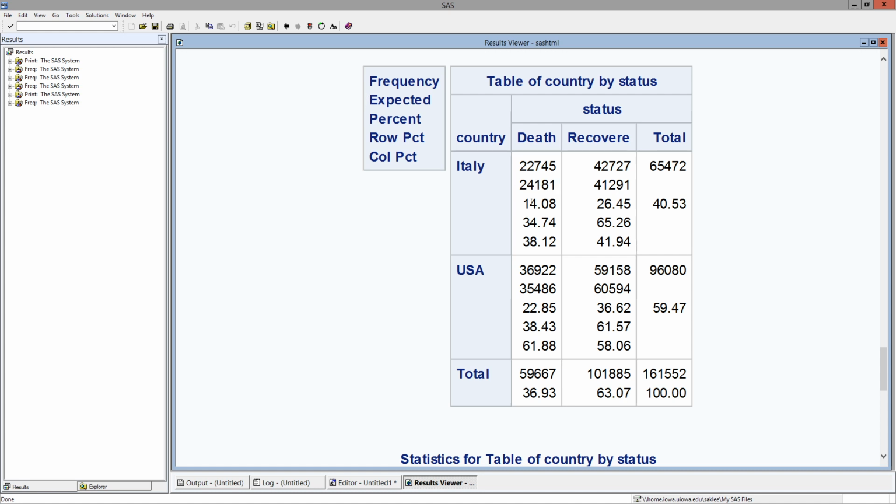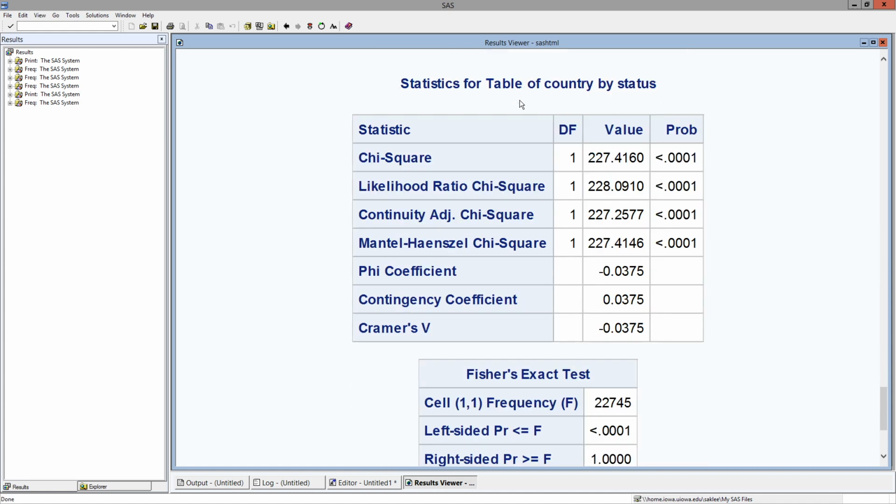The second number is the expected number, and we have this table for the chi-square. My chi-square statistic is 227, the degree of freedom is 1, and the corresponding p-value is 0.0001. Okay,